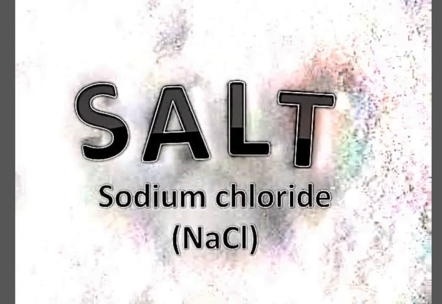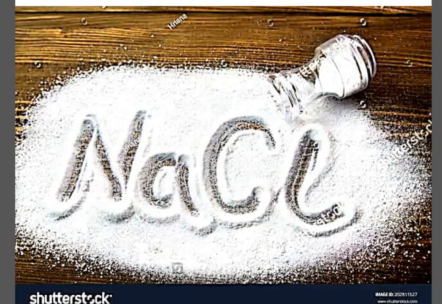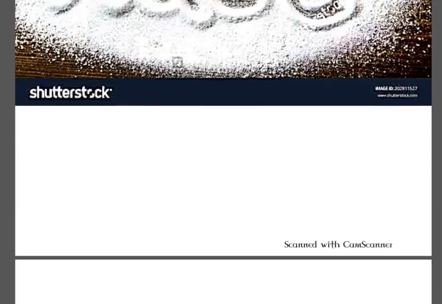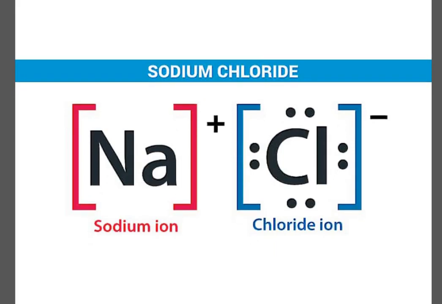So the salt we are going to talk about is sodium chloride, which is written in its formula as NaCl. Now this is how you can represent the ionic form of sodium chloride, wherein sodium is the Na+ ion, whereas chlorine accepts one electron and becomes the chloride ion, and therefore there is a formation of an ionic bond, and hence sodium chloride is an ionic compound here. So this is the way we can represent sodium chloride.